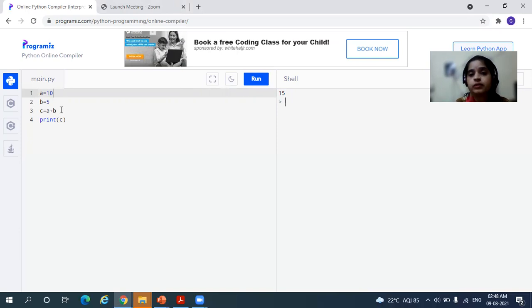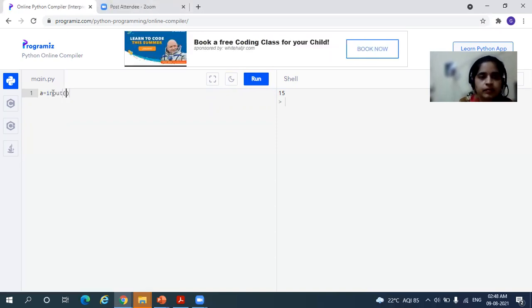Okay, now these are the values that we are giving in our program. Now we'll allow the user to write the value, and then the program executes. So for that, what should we do? I'll remove all this. We'll directly use the input statement. We have seen how to use A is equal to input. Then double quotes, enter first number. Now whatever the user writes will be stored in A.